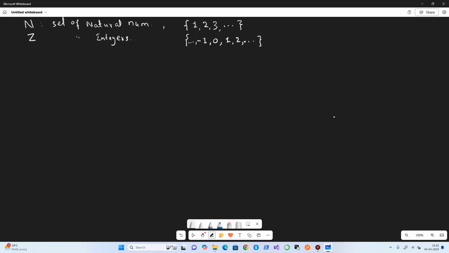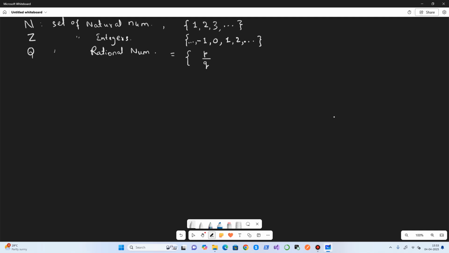And then we have the rational numbers, called the set of rational numbers. We can write this in the set builder form, since this is a huge set, where we know the property of each element. I can say it is of the form p over q.